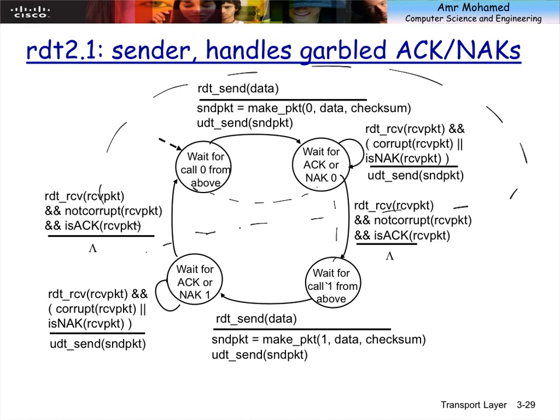It's actually up to the receiver to now distinguish between 0 and 1. This is for stop and wait. Yes, this is for stop and wait. The receiver now needs to check the sequence number to figure out whether it's a new packet or an old packet.